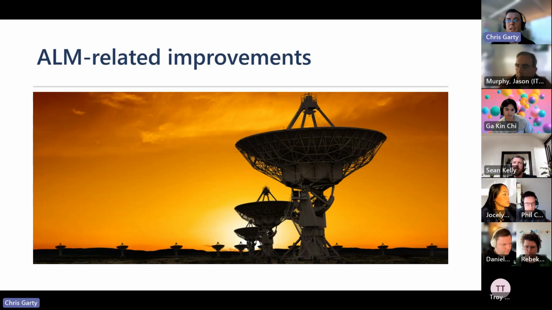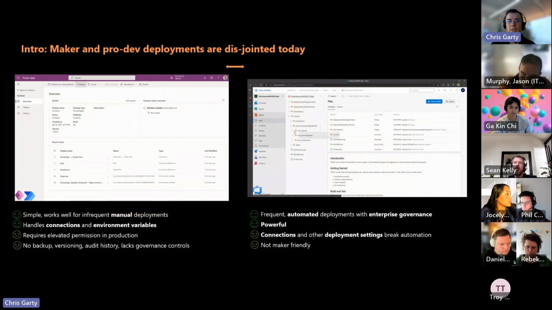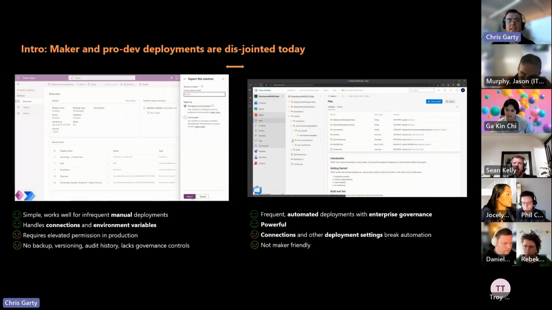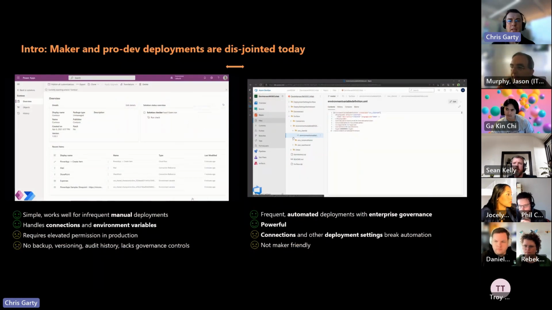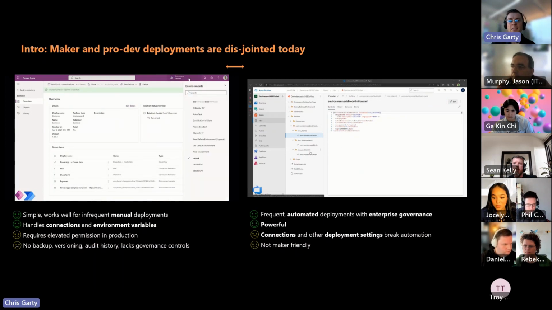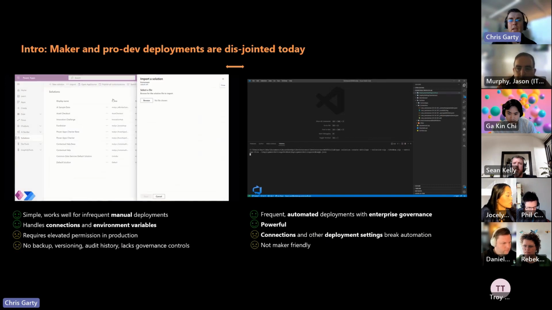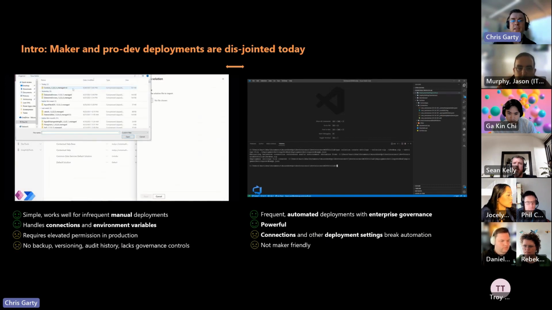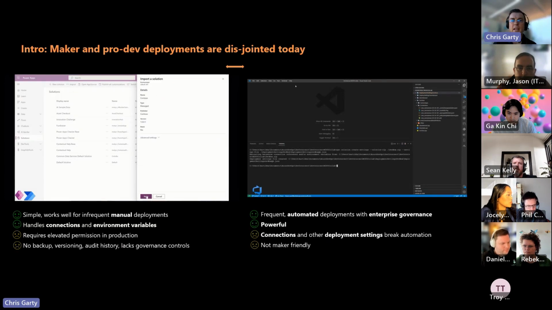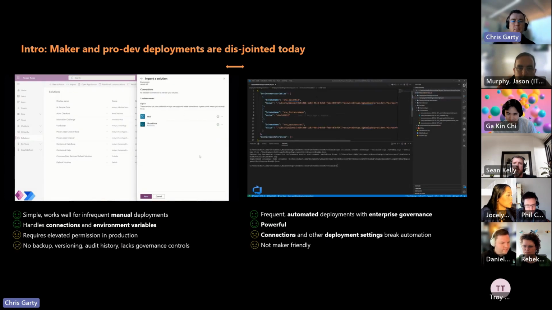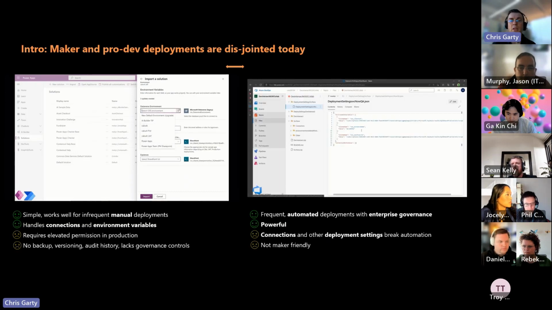So what are some ALM related improvements that we've been working on recently? So the first dimension is something that we're referring to as pipelines. So today, maker and pro developer deployments are kind of disjointed. So for makers, you have an experience inside of the maker portal that's simple. It allows you to export solutions, import solutions. The maker can set up their connections. They can deal with putting values into environment variables, but